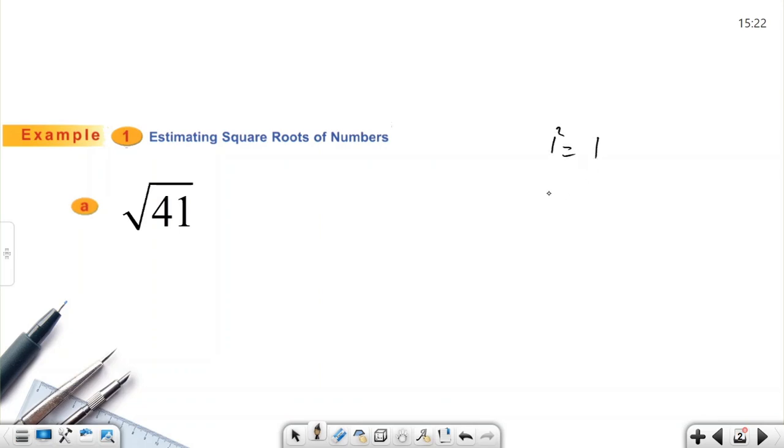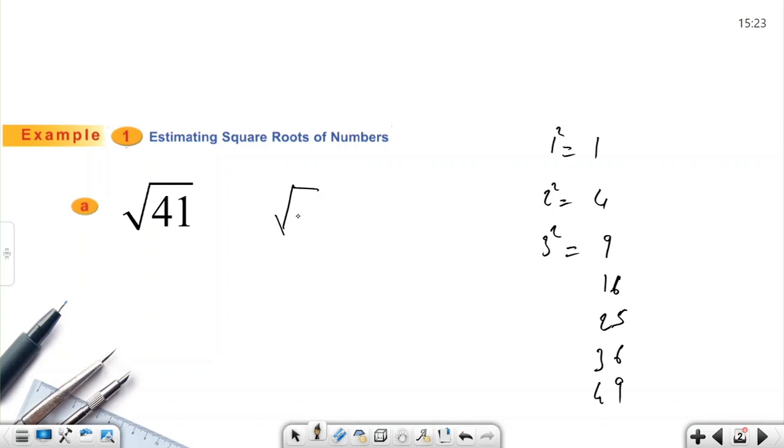1 squared is 1, 1 is a perfect square. 2 squared is 4, 4 is a perfect square. 3 squared is equal to 9, 9 is a perfect square. If you continue like that, 16, 25, 36, 49, and you can continue 8 squared, 9 squared, but there is no 41. But I can tell you, if you want to find where the square root of 41 is on the number line, or between what integers the square root of 41 lies,